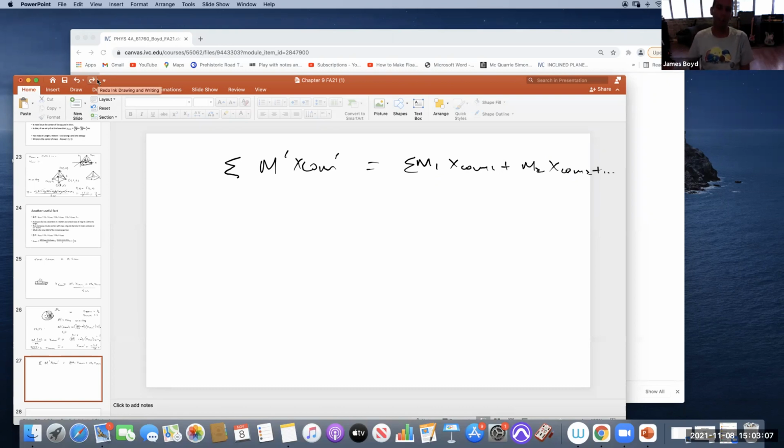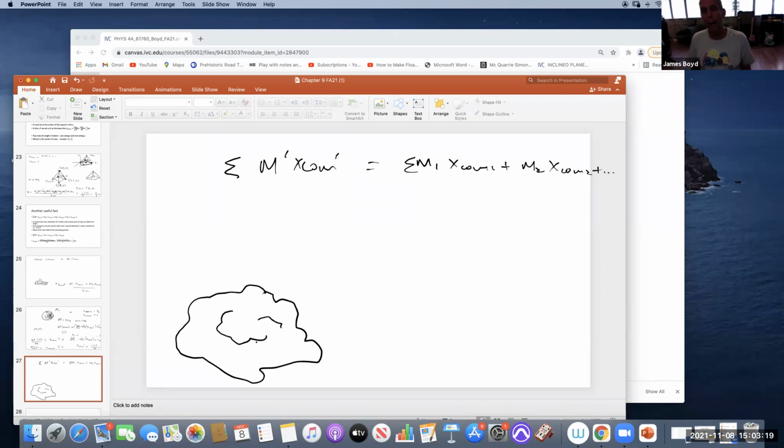So if I had some weird object, like a rock in space, I could figure out its center of mass by making it into smaller ones that I could add together. So the total center of mass in X, Y, and Z is equal